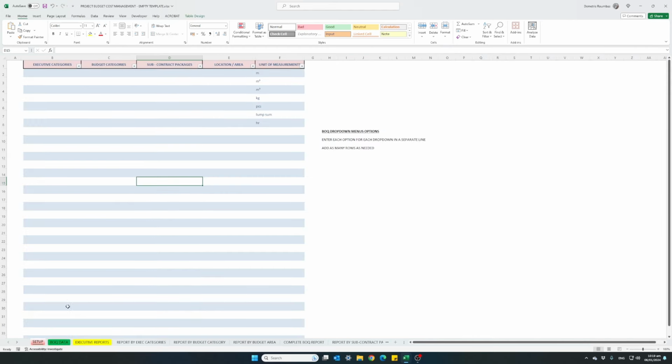The first thing you want to do is start setting up your categories to be used in the drop-down lists. First, the executive categories. This will be simply, let's say, construction, FF&E, decor, and I want to use the demolitions category as well as an executive category. For the budget categories, we will have again demolitions,